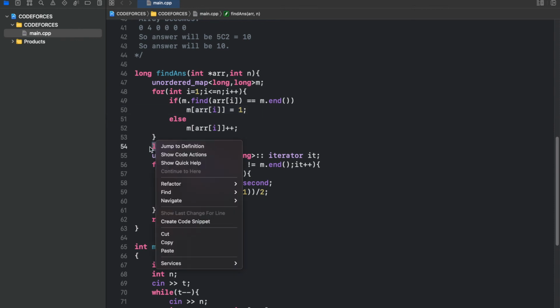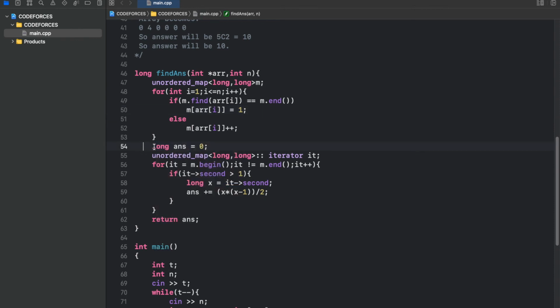At last, we take our answer as 0, then use an unordered map iterator and iterate the whole map. it->second is the frequency of that number. So we deal with the frequency of each different number: assign it to x, and add xC2 to our answer.